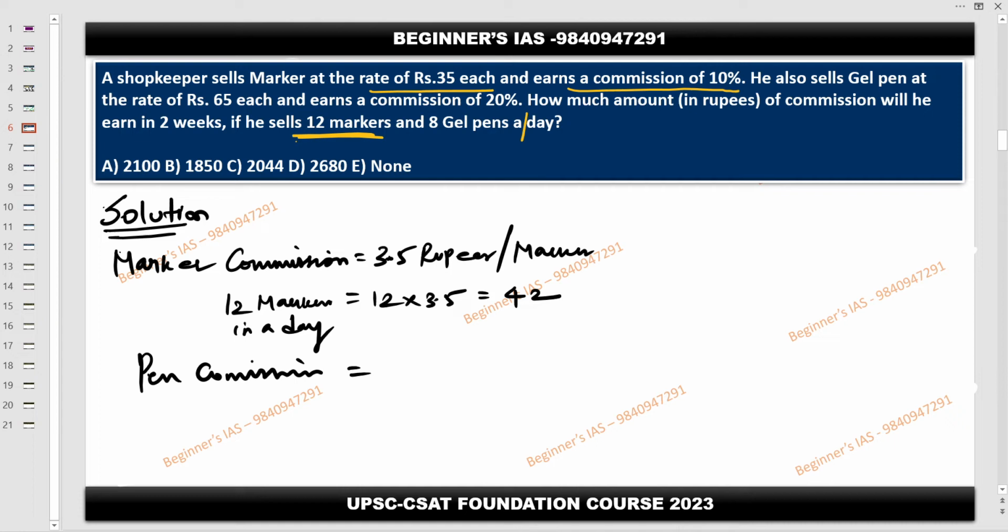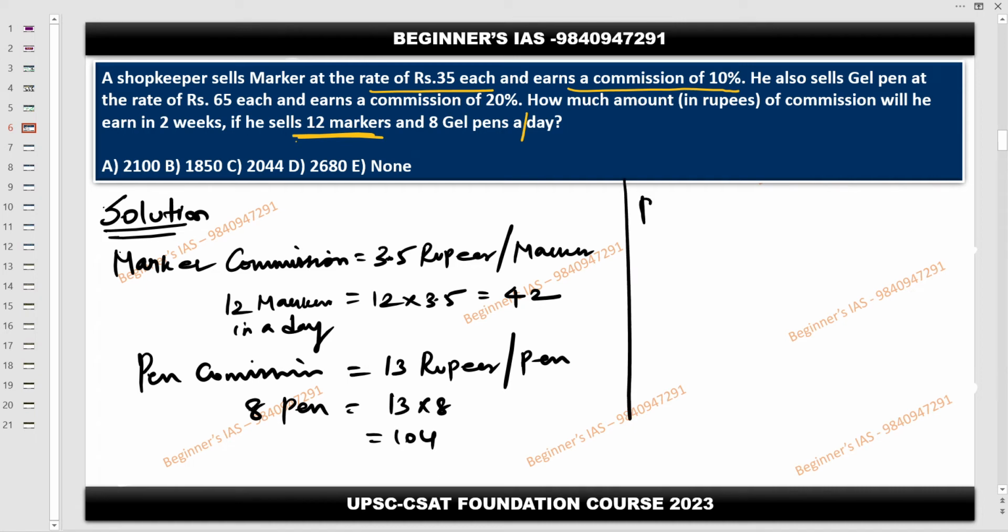Pen commission, which is equal to 20% commission. 10% is 6.5, 20% is nothing but 13 rupees per pen. So therefore for 8 pens, 13 into 8, which is equal to 104. Okay. Per day